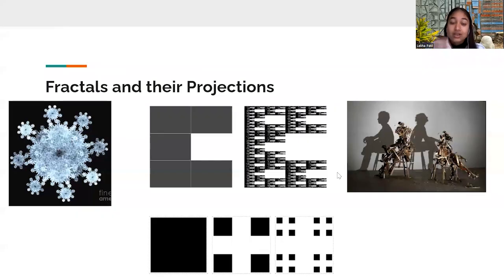When you hear about a fractal, you should think about a repeating contraction. For example, with this snowflake, wherever I zoom in, I will see the exact same snowflake. Fractals may be self-affine, which means that they contract at different rates in different directions, for example a square contracting into a smaller rectangle, or they may be self-similar, which means that they contract at the same rate in every direction, so a square contracting into a smaller square.